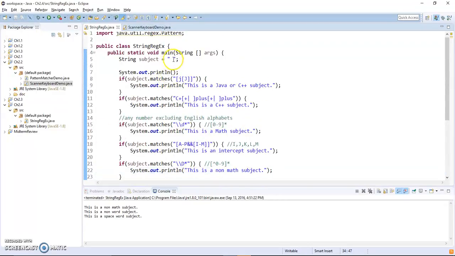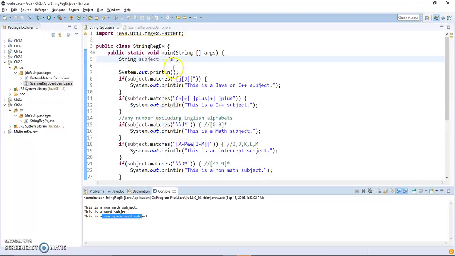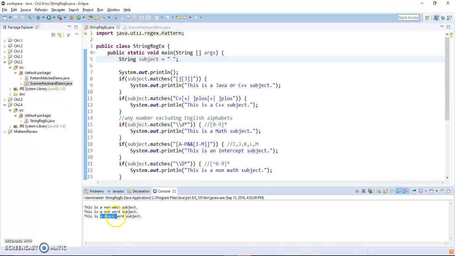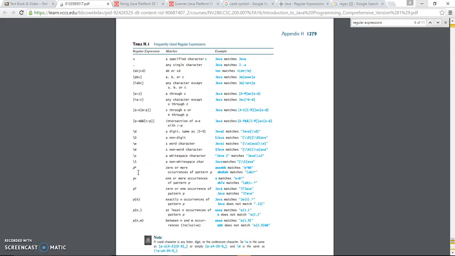So let's say like a letter A, that should be a non-space word. But if it's space itself, then that's a space word, right? We talk about 0 or more asterisk, and plus is 1 or more equivalents, and we see